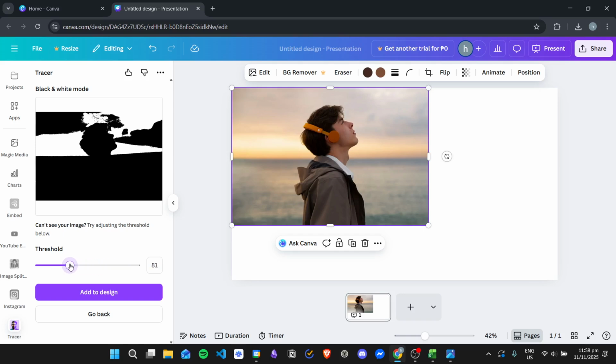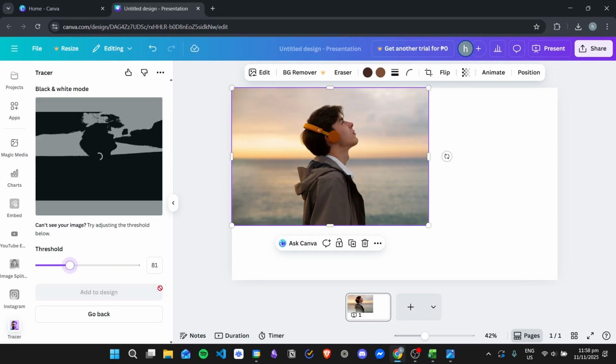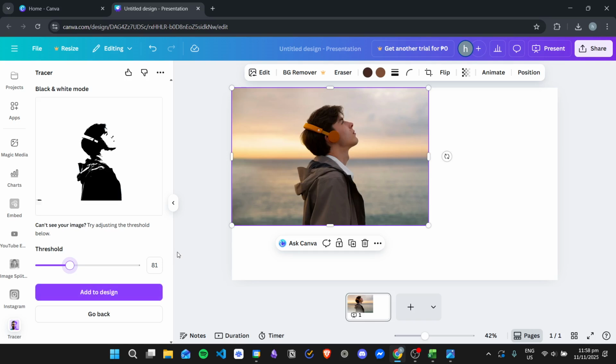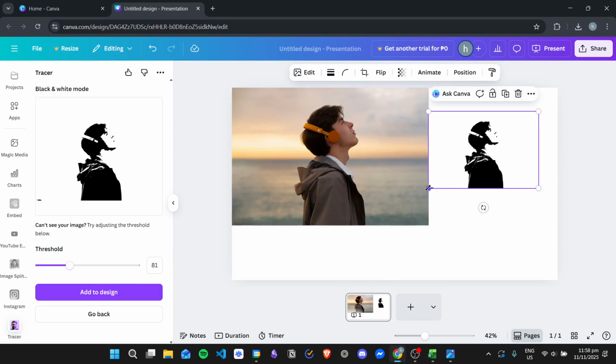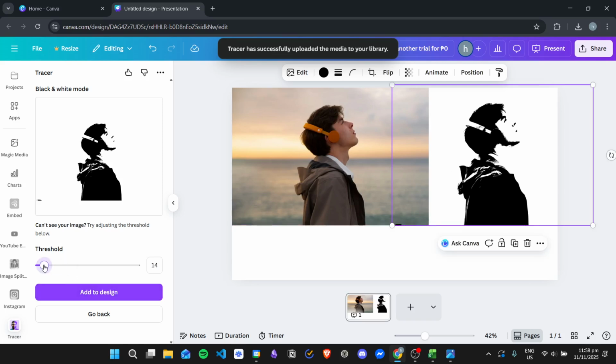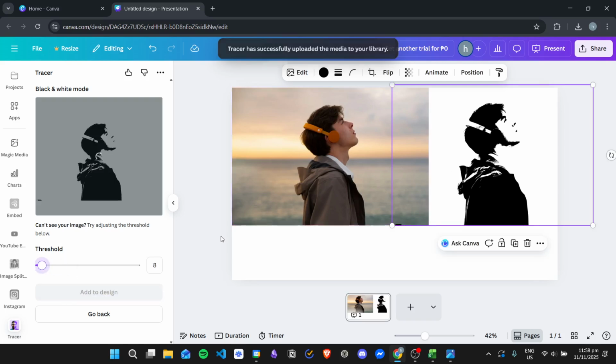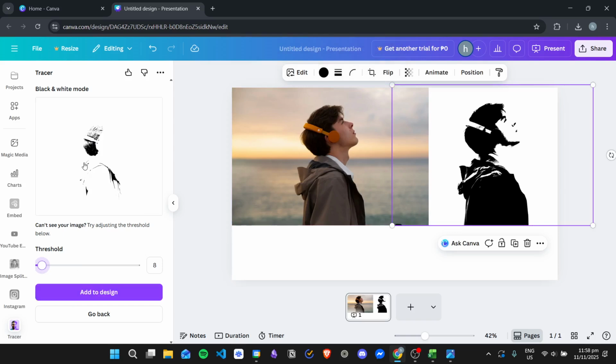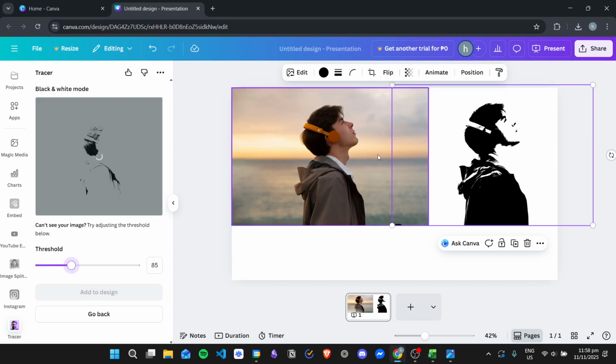So for example, the one that we had earlier is around 81. So we can choose this one and click add to design. Then we will have the traced image right here. So for example, if you choose a lower value for the threshold, the tracing of the image right here will not look as good. So you just need to find the perfect amount of threshold so that you can have a good quality of